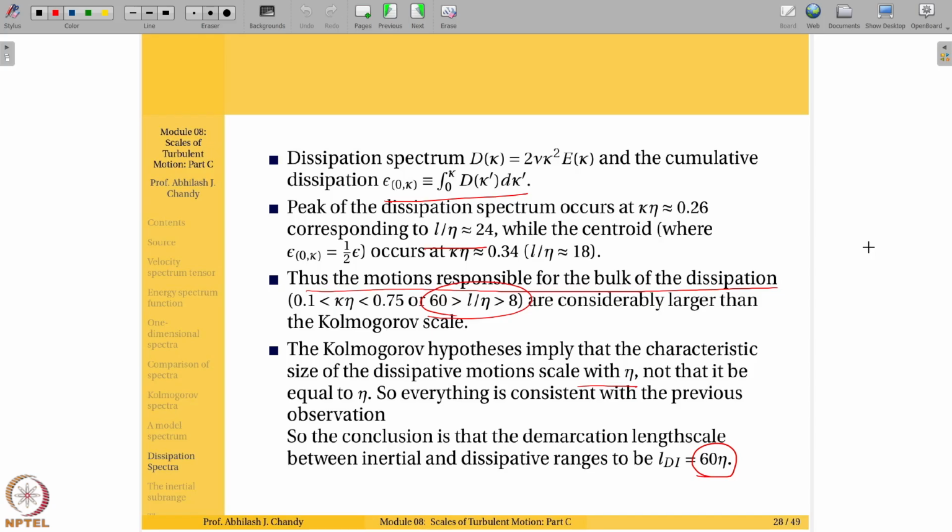Hello everyone. So in the last class, we looked at the dissipation spectra and how it was behaving at different length scales. We started with the model spectra. We looked at how the model spectra behaved for the entire range. Then we looked at the compensated spectra in order to enhance the dissipation range. They emphasize the dissipation range, I should say. Then we looked at the dissipation spectra towards the end of last class, where what we looked at was the